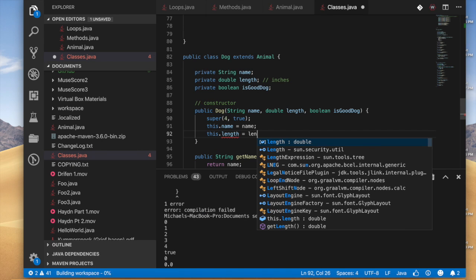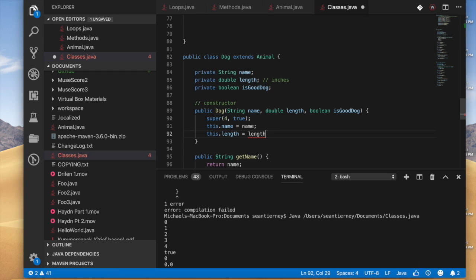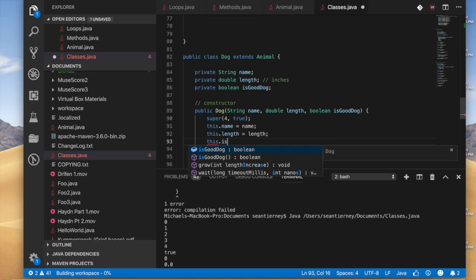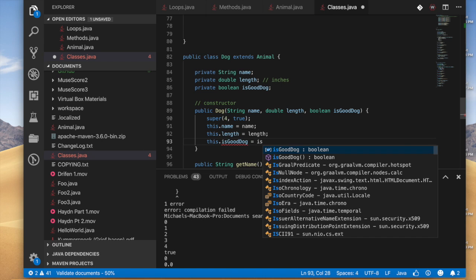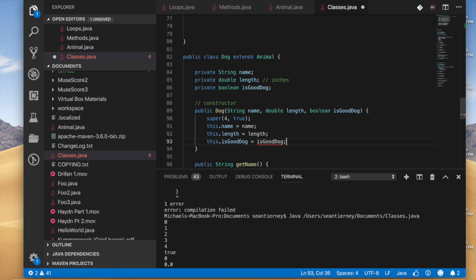Does that make sense? Yeah. Because if we didn't have this dot, then it would try to set the local variable to itself, and it would basically just do nothing. By the local variable, I mean the one that is only accessible in this method, as in string name, double length, or is good dog on line 89. So that should be all for this